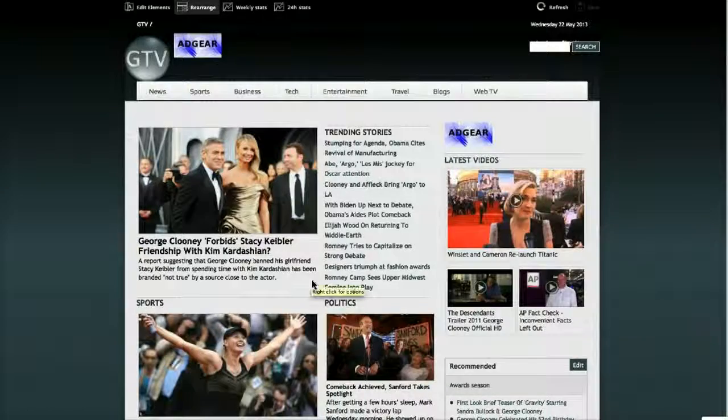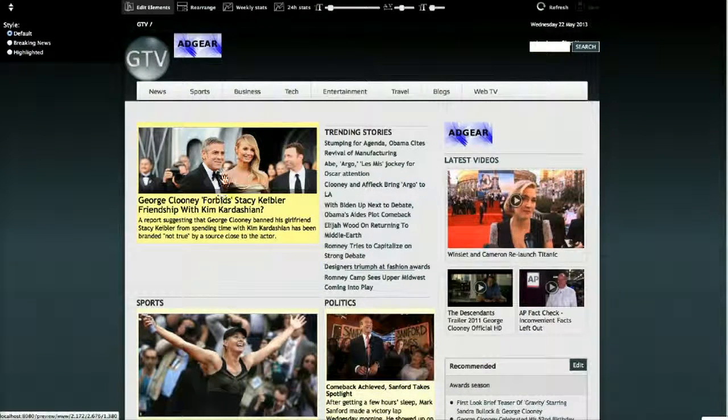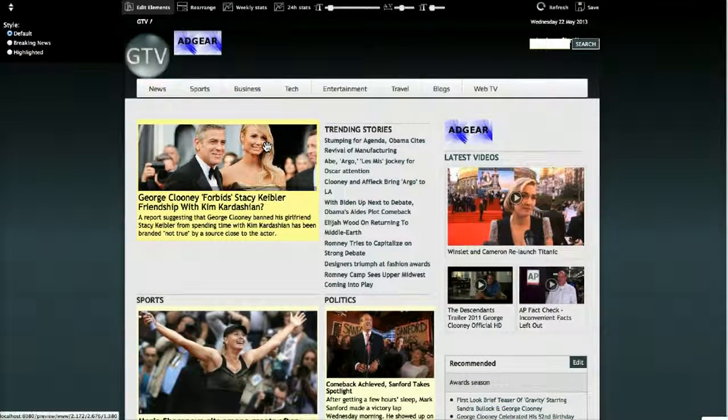Now we're going to demonstrate the interactive preview features. So you're going to see 4 different tools up at the top now: an edit, rearrange, and 2 different stat viewing options. So let's say that this breaking story is needing to be updated throughout the night and we don't want to go in and recreate the element. We can click edit up at the top and we can actually scale down that photo, zoom in on their faces,